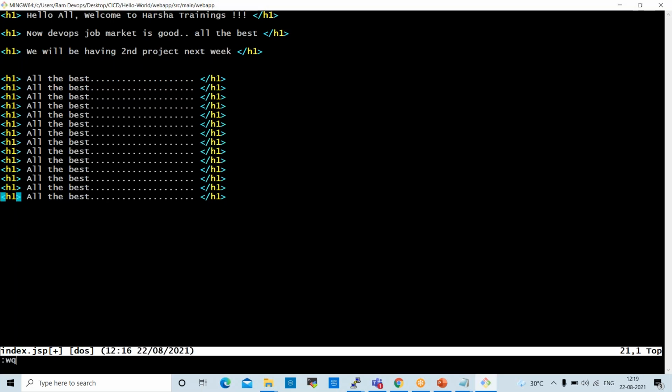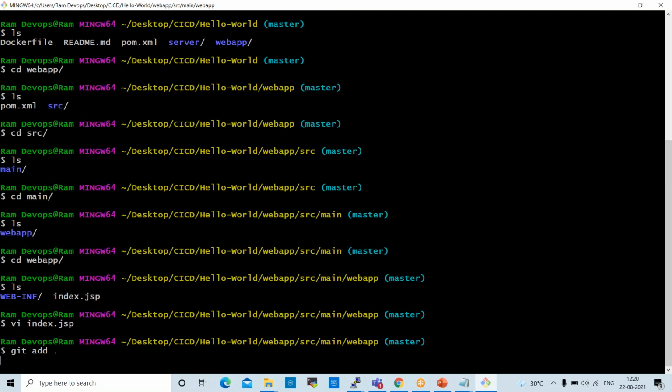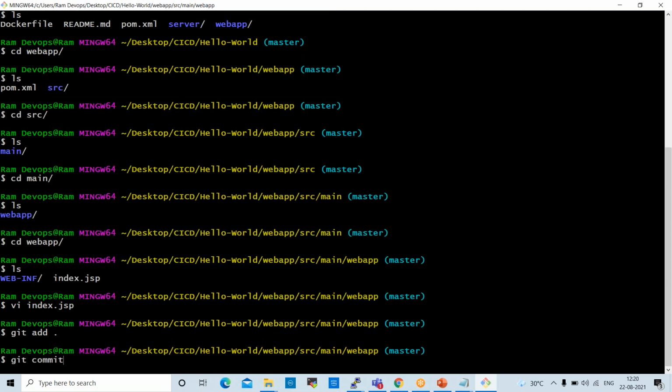escape, save and quit. Next, once we modify the file in local, what do we have to do next? We need to commit and push to GitHub. Before that, we have set some steps. So we need to add and commit. Yeah, correct. git add space dot,